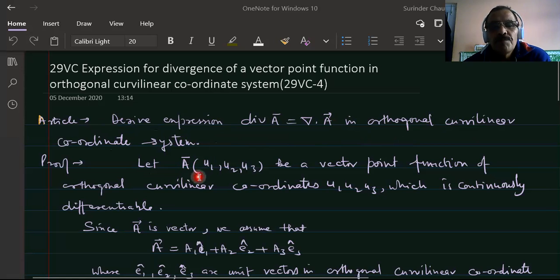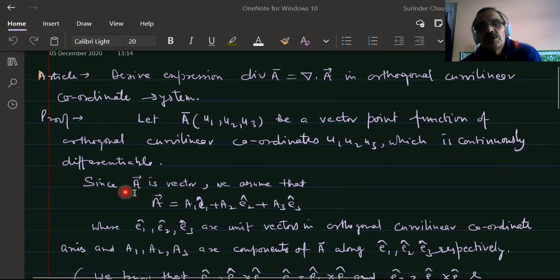So let a vector A, whose components are a1, a2 and a3 in these orthogonal curvilinear coordinates, be a vector point function of orthogonal curvilinear coordinates u1, u2, u3, which is continuously differentiable. Since A is a vector,